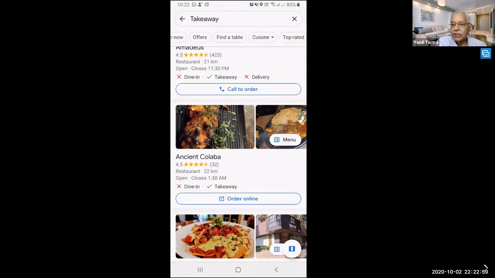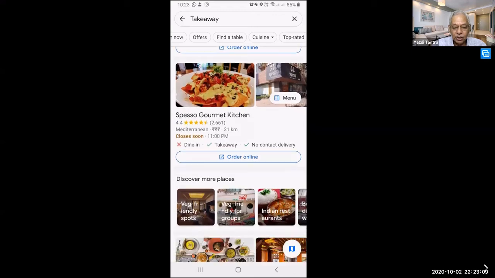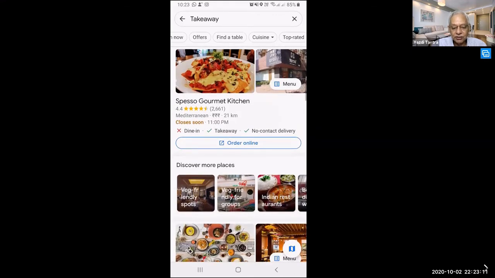It will depend on each restaurant whether they update the menu or not. Google doesn't go into the restaurant and find the menu. The restaurant has to keep the menu up to date for the simple reason that they want to attract people. It depends on the proprietor. Yes, you're right.